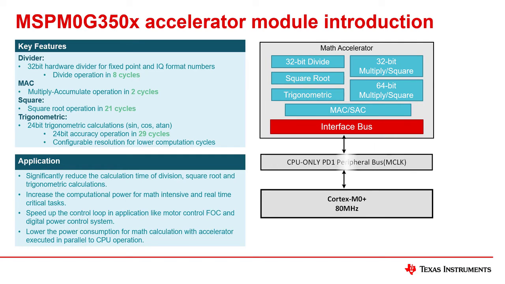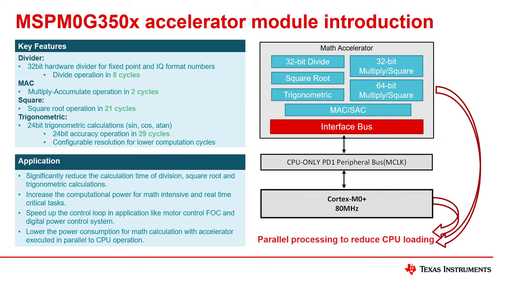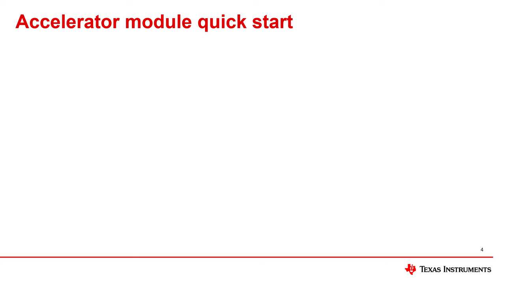The Math Accelerator interfaces to the peripheral bus of the MSPM0, allowing for the CPU to grab computation results directly from the Math ACL registers. By using the Math ACL in parallel with the CPU, the MSPM0 can outperform other MCUs with comparable features and operating frequency, making it a better fit for applications in motor driving, power electronics, or audio processing, which may require these kind of calculations.